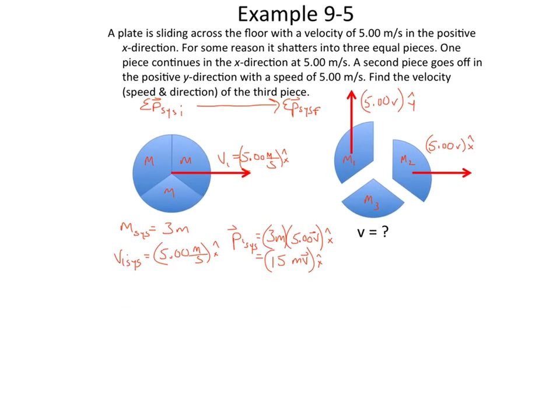And we're going to do, I think that should be enough right there. Okay? So initially, again, the net momentum initial of the system is going to be equal to, say, 15 mass times velocity units. Now we know what those units are, but we're just going to use mv for now in the x hat direction only. Okay? And it has to be set equal to the net momentum final of that whole system,